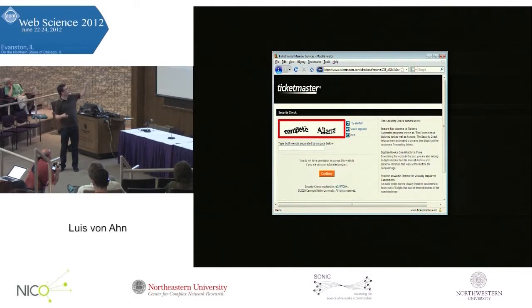Turns out the reason those distorted characters are there is to make sure that you, the entity filling out the form, are actually a human and not some sort of computer program that was written to submit the form millions and millions of times. And the reason it works is because humans have no trouble reading these distorted characters, but computer programs can't do it as well yet. So for example, whenever you're buying tickets in Ticketmaster, the reason the distorted characters are there is to make sure that you are not a scalper who wrote a program to obtain millions of tickets millions of times. So now it turns out that about 200 million of these are typed every day by people around the world. And when I first heard this number, I was quite proud of myself.